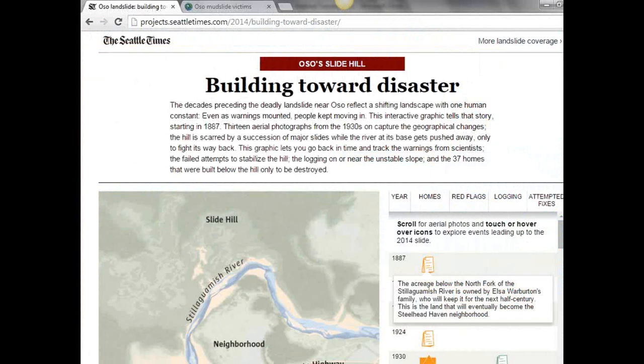The second example is around an article that was run by the Seattle Times, and this online news publication published some really insightful interactive maps around the mudslide that happened a few years ago in Oso. The decades preceding the deadly landslide reflected a shifting landscape. Even as warnings mounted, people kept moving into this area. There were warnings from scientists, failed attempts to stabilize the hill, the logging on or near the unstable slope, and the 37 homes that were built below the hill only to be destroyed. So really here, the essence is that planners failed to get the tree felling boundaries correct, and that